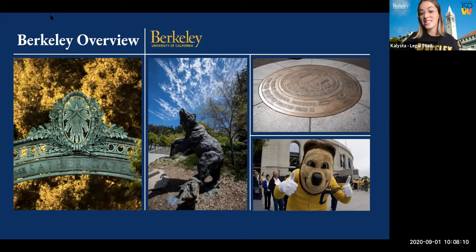Right below that, you'll see Oski, which is our official mascot. You heard Abby talk a little bit about him in the last slide. He's a little bit silly looking. We love him. He's always out and about on campus, and at every spirit event, you'll see Oski. He loves to give students hugs and take pictures and stuff like that. So he's great, a great member of our Berkeley community.